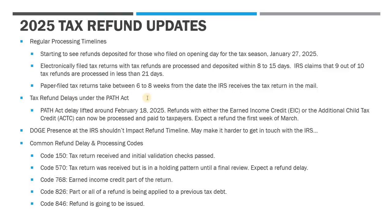Now, paper filed returns, completely different story. So we always highly recommend to try to avoid paper filing at all costs. And it's for a variety of issues, but one of the big ones is the processing time. If you paper file your return, you're going to be looking at waiting at least 6 to 8 weeks for them to get the return in the mail, open it, scan it. Somebody's got to look at it, make sure everything's okay,